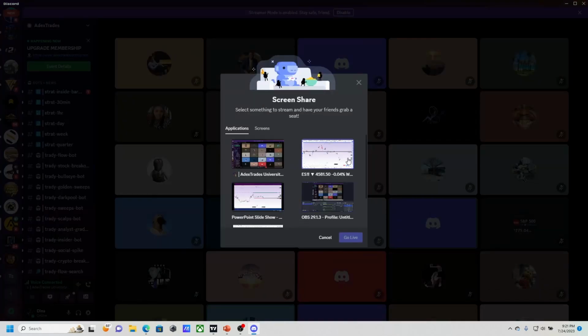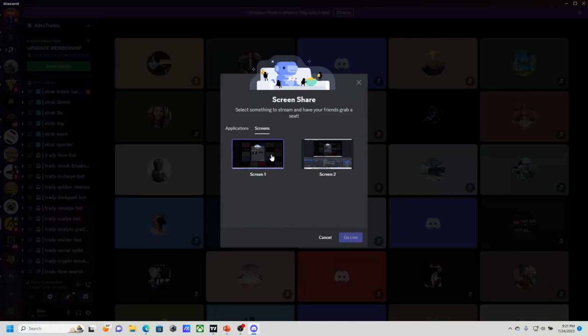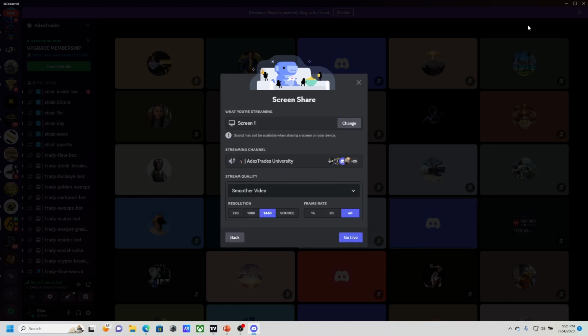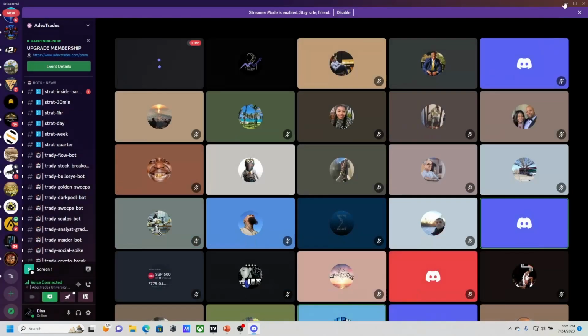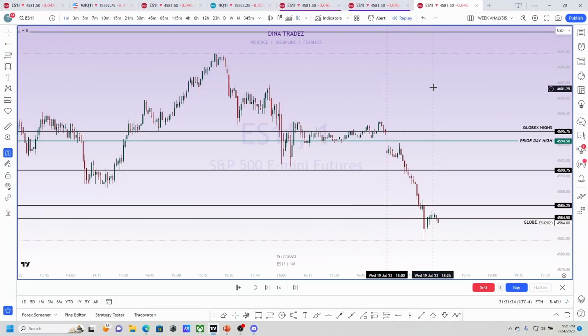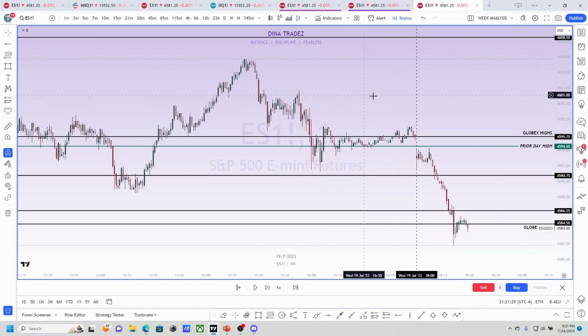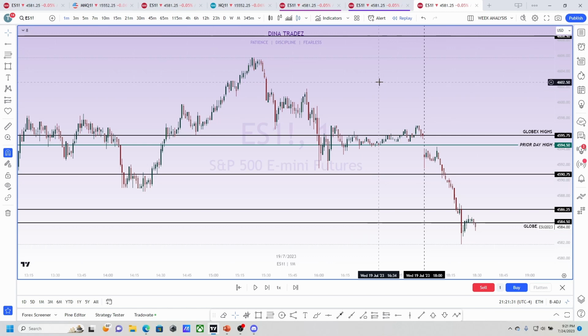Also, Martha, this is from the perspective of talking about market structure. Forget about the name of ICT, SMC. This is just market structure in the sense of, we wait for liquidity, we wait for this. There are so many different ways of doing it, right? Using EMAs, Fibonaccis, you can probably find different setups. But what we have done more recently and focused on and have found success in, at least,